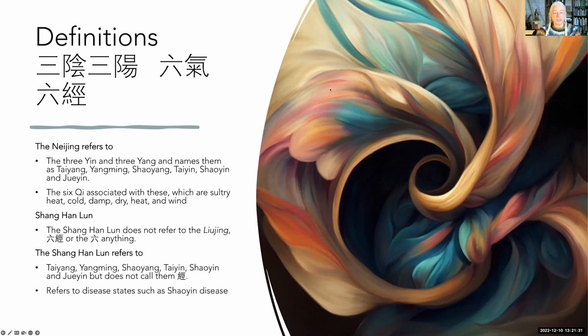What he does is refer to them by name: Taiyang, Yangming, Shaoyang, Taiyin, Shaoyin, Jueyin. But he never calls them jing or anything else. He does refer to diseases, like Shaoyin disease or Yangming disease, but he never refers to the Liu Jing at all. So